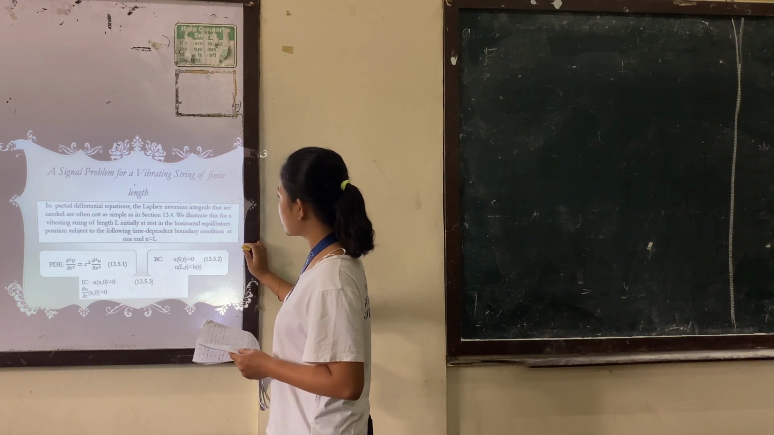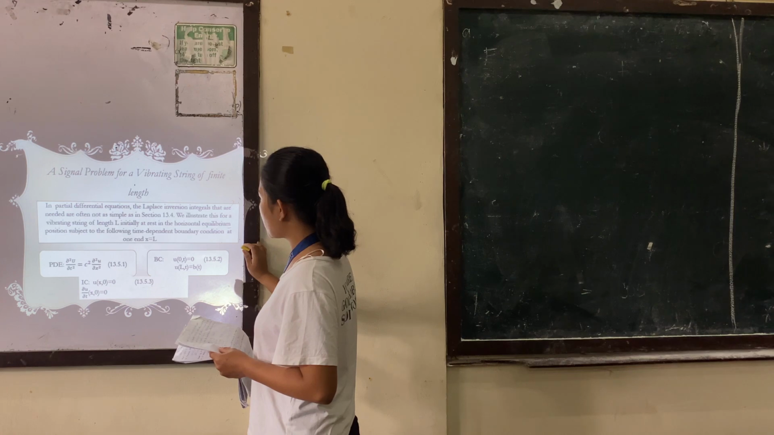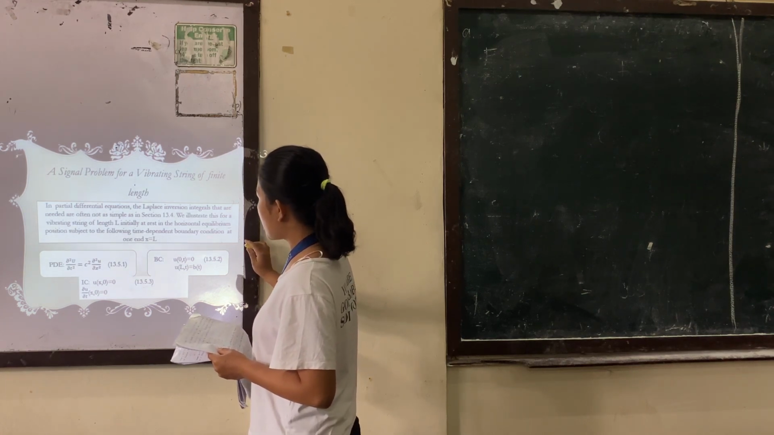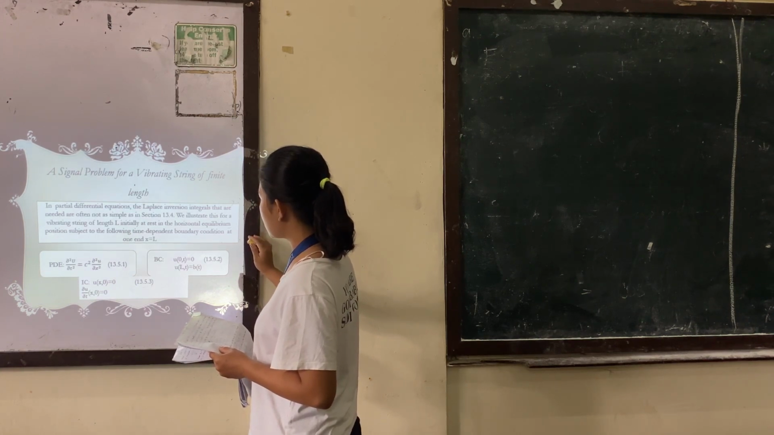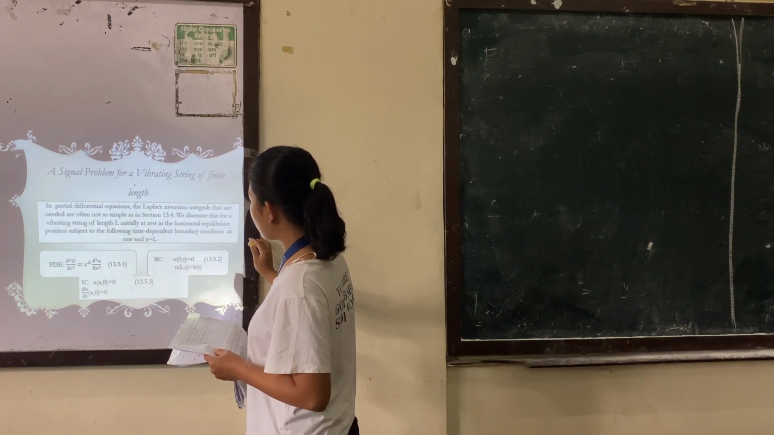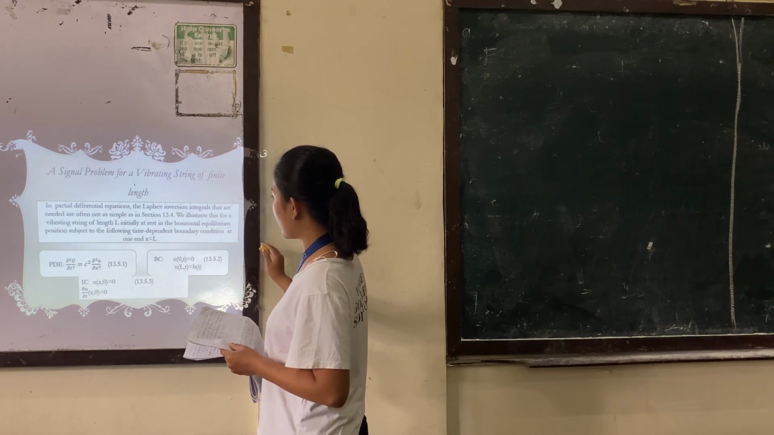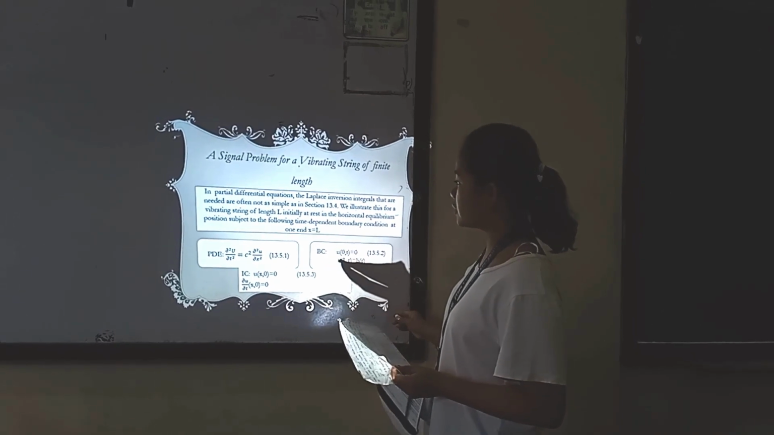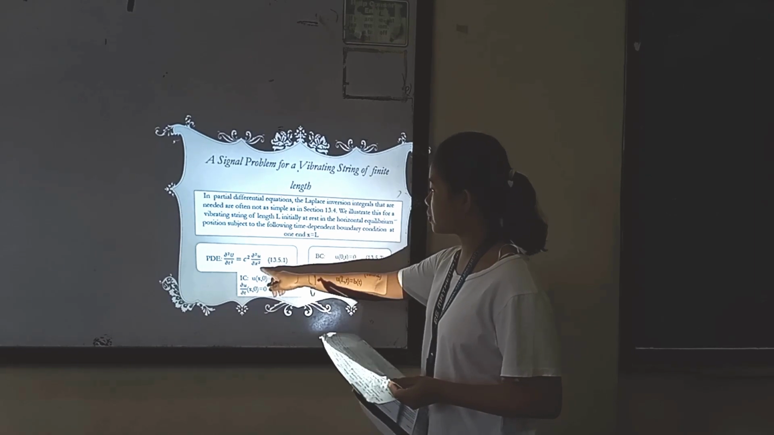The Laplace inversion integrals that are needed are often not as simple as in section 13.2.4. We illustrate this for our vibrating string of length L, initially at rest in the horizontal equilibrium position, subject to the following time-dependent boundary condition at x equals L. So we have the partial differential equation: the second derivative of u with respect to t squared equals c squared times the second derivative of u with respect to x squared, that is